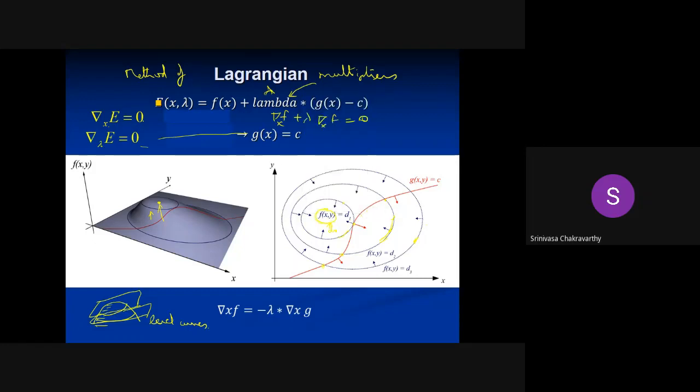So the best place where I can satisfy the constraint and also get maximum value is the point where this dotted curve just barely makes a contact with the red curve. What does it mean to barely make a contact? That means at this point, the normal vector of the dotted curve and the normal vector of the red curve are both parallel. That's what it means for the two curves to make a contact: the tangents are the same. When the tangents are the same, their normals are in the opposite direction but parallel.